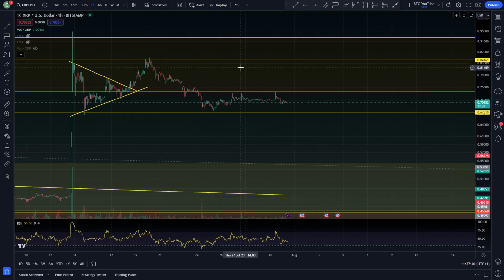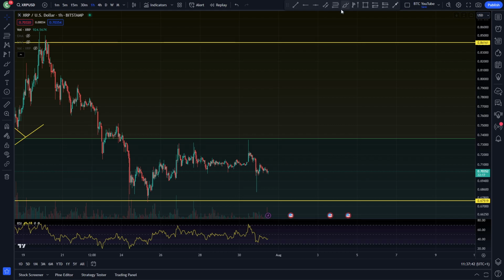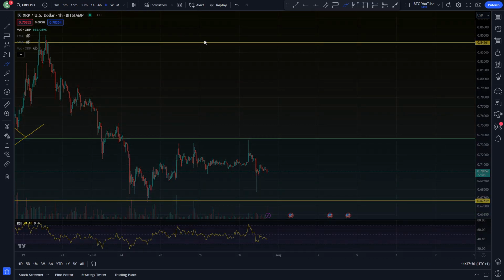XRP is doing pretty well, to be honest. Still sitting above that 70 cent level, looking like it's defending any drops below that quite well. You can see here we did have a drop below 70 cents for basically an hour or so last night, followed by a big buy up in this area again. Quite a decent bit of volume coming in to buy up that little dip,